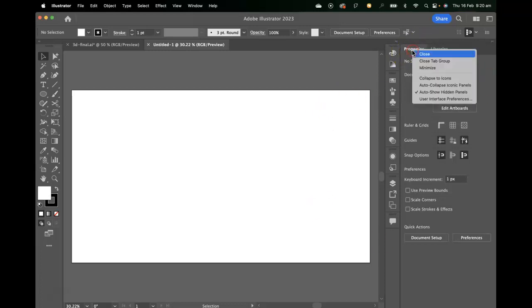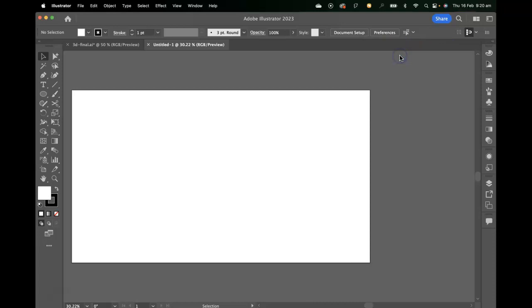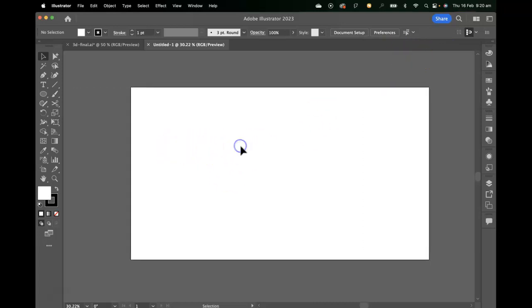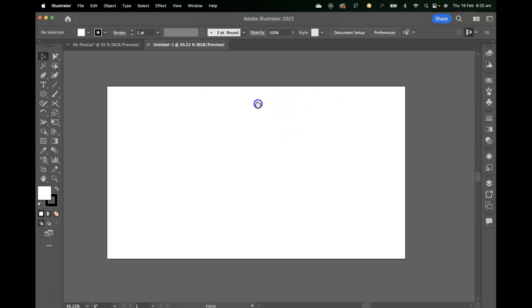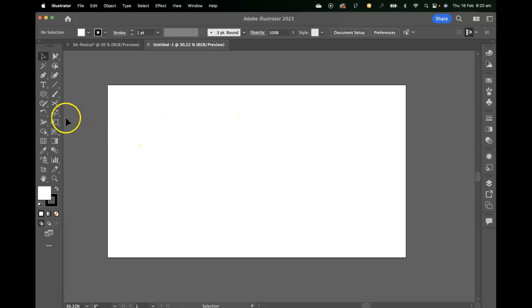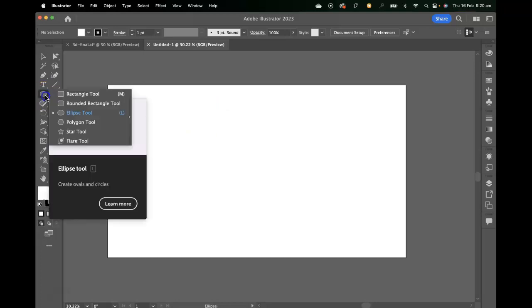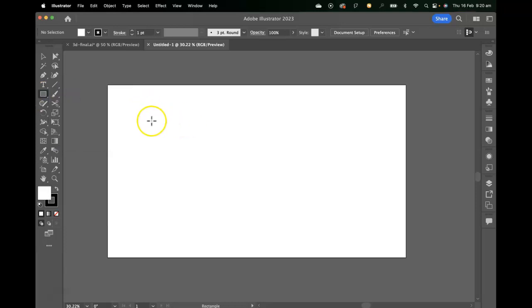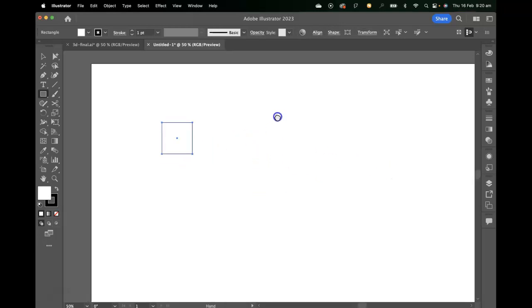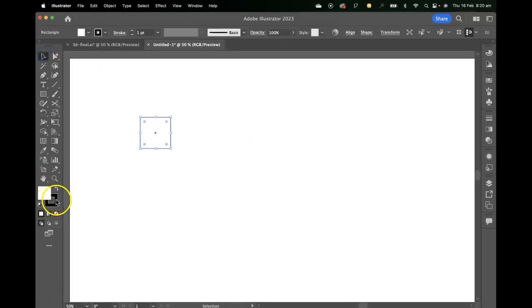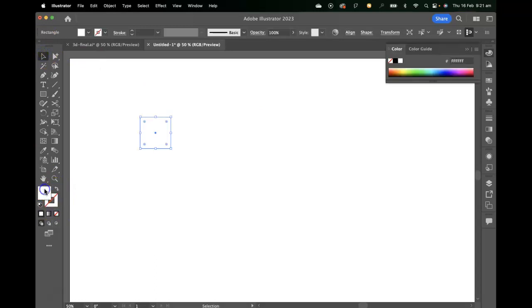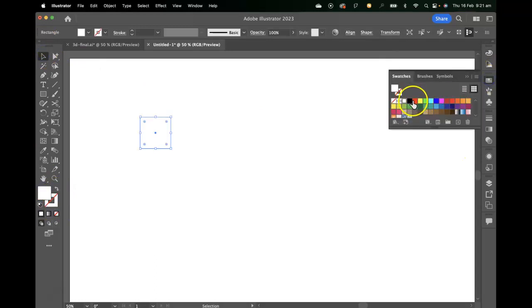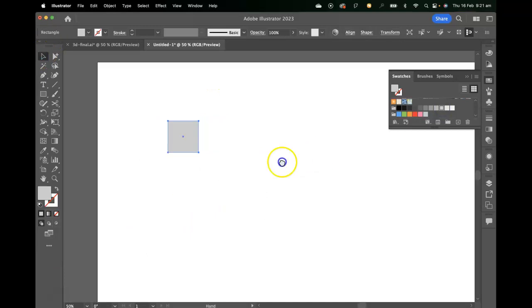I'll just close a few of these windows to get a bit more space here. Okay, so what we need to create a 3D object in Illustrator is a vector to start with, and I'm going to grab just a square, zoom into that a little bit, and I don't know, we'll give it a grey colour. Alright, so there's a vector,